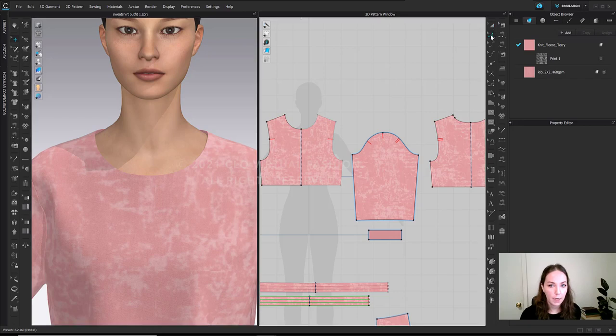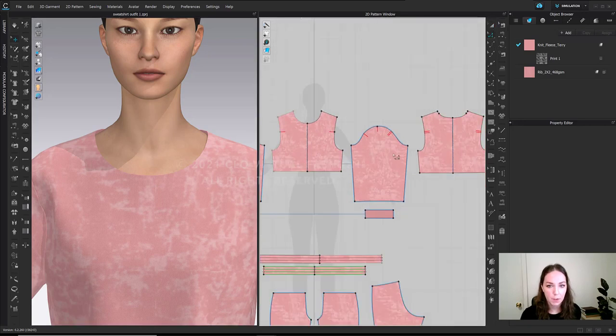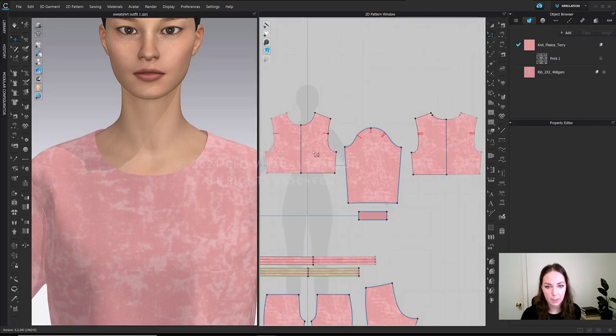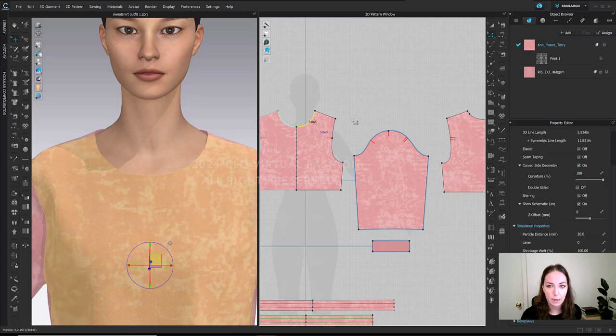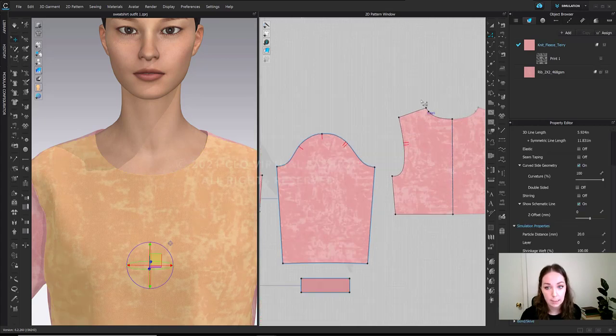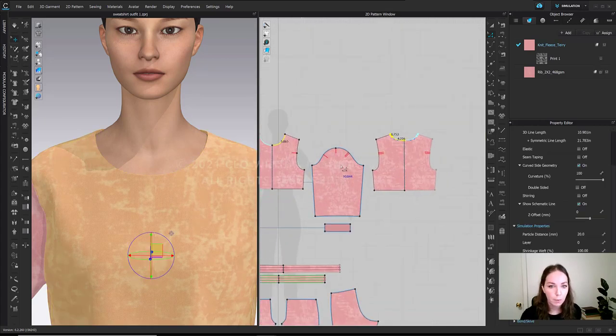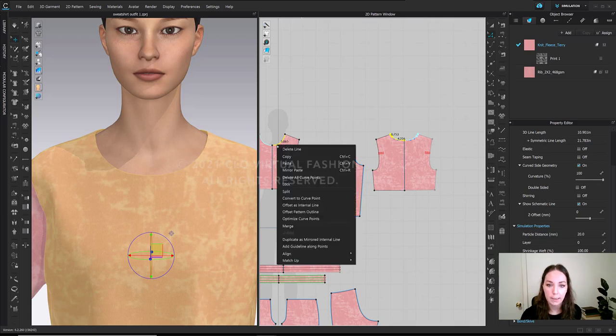To start, you can grab your edit pattern tool, and I have symmetry at my front and my back. You can tell because of the dashed line going down the center front and the center back of these pieces. So I only need to select one side of my neckline. If you don't have symmetry, you might need to select both sides. With both of them selected, I can now right click, and the option I'm going to choose is offset pattern